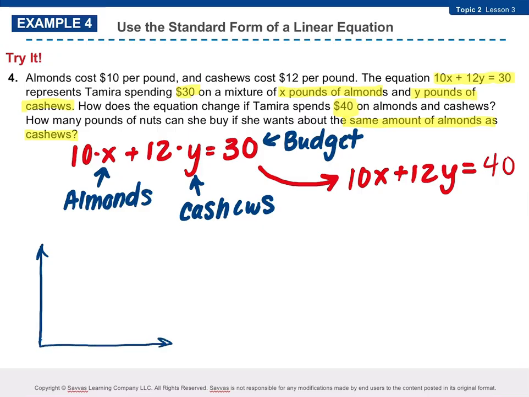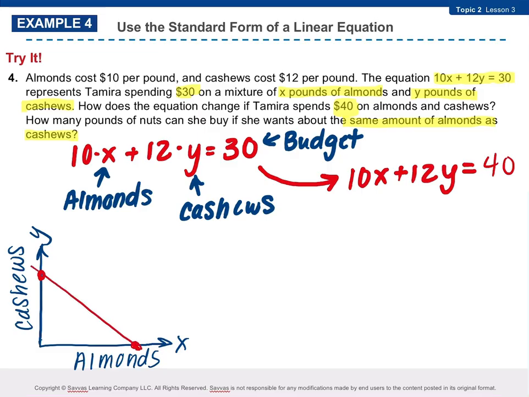X is almonds, right? So I would put my almonds on the X axis. That's what X and Y represent in my graph. And cashews on the Y axis. And I would do just like we did in those examples. I would find my y-intercept, right? When I buy the option to buy all cashews and no almonds. And then my x-intercept, the option to buy all almonds and no cashews. And then my line connecting these two is going to be representing all of the combinations in between, right? Of different amounts of cashews and almonds. And I could just look with my eyes to find the middle point would be a similar amount of cashews